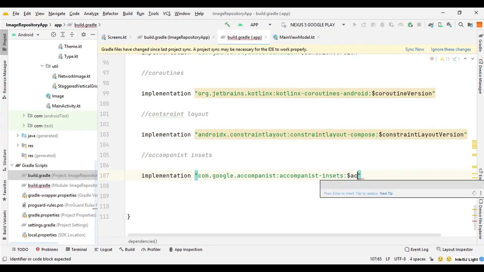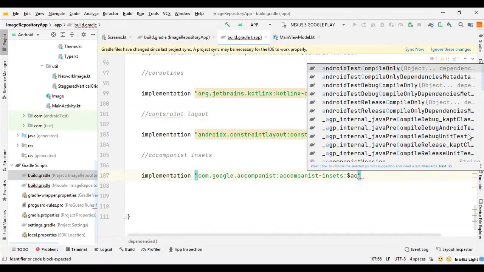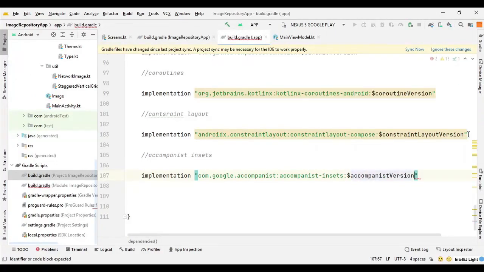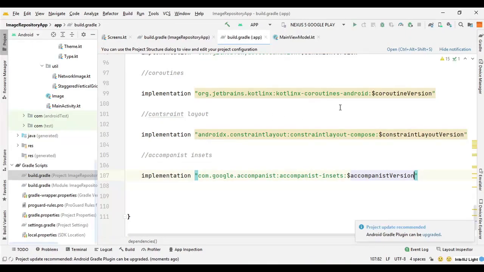So dollar accompanist version, and let's sync now. Now we can declare the bottom bar.